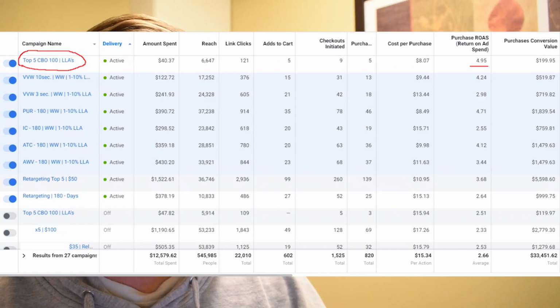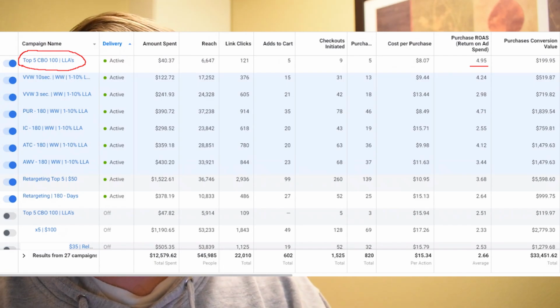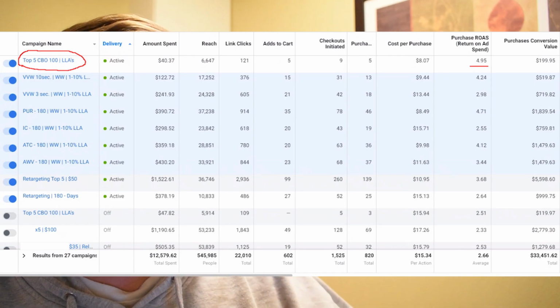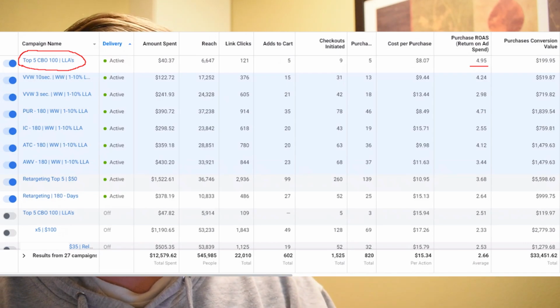One of them just looks like our basic retargeting structure, and then the next one looks like a top 5 CBO at $50 per day. So from there, I'm assuming they didn't take the best retargeting audiences. They did it in order. So you can see all website visitors, add to cart, initiate checkout, purchase, and then they did 2 video view